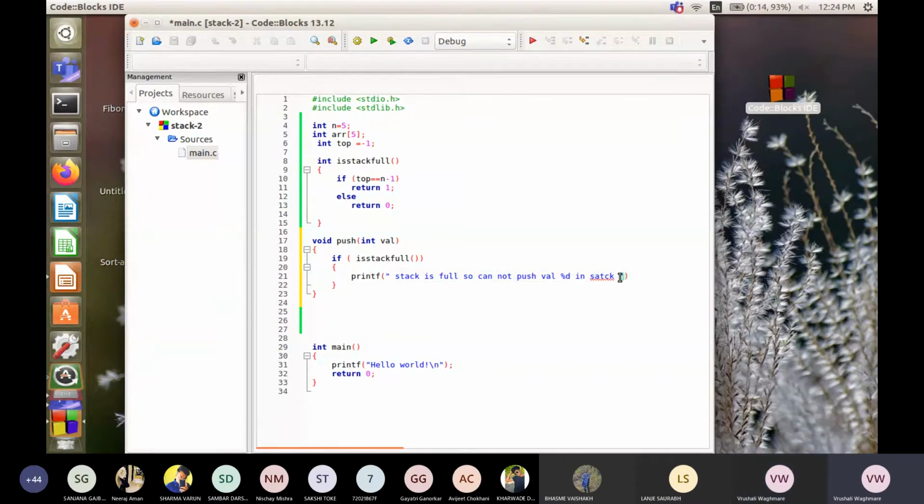Okay, \n, comma, value. Okay, this message will print.